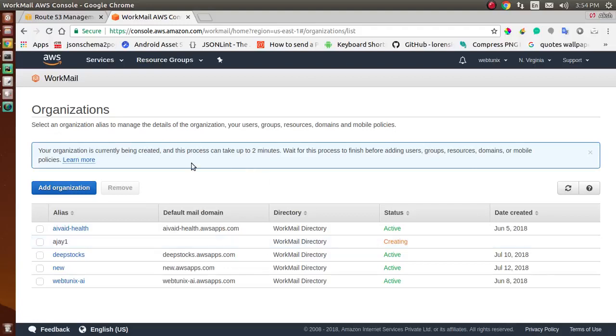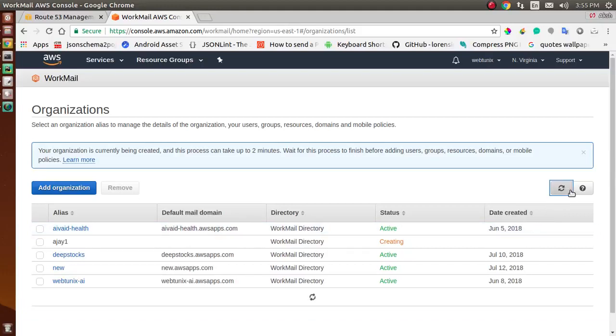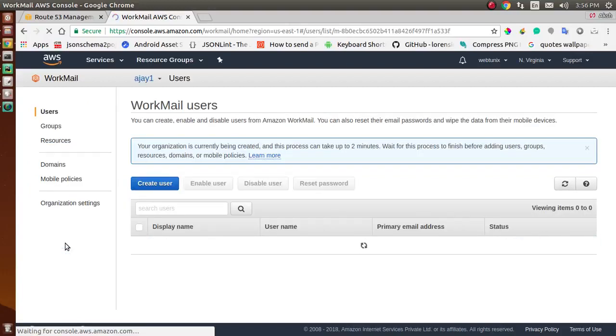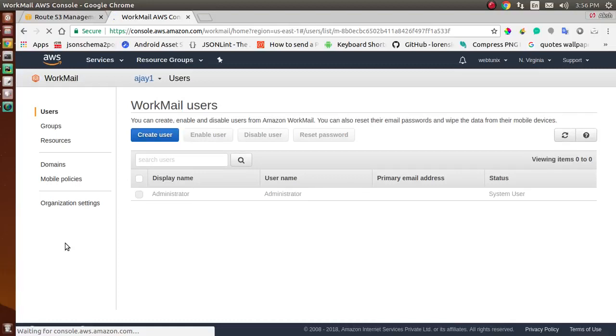It takes a few minutes to become active. So you can see this is active mode. Then we create a user.